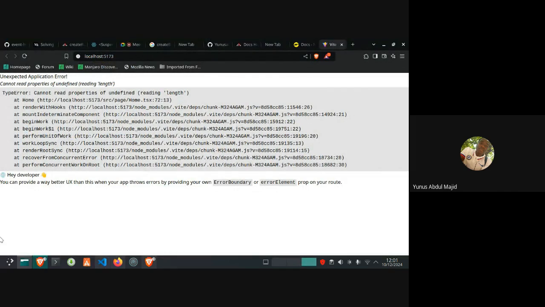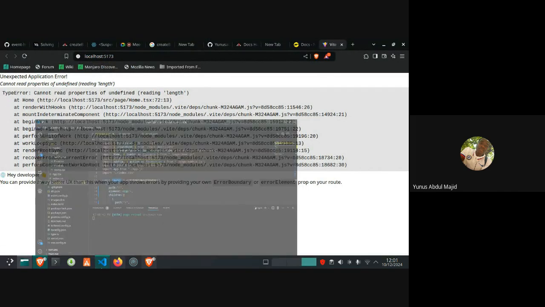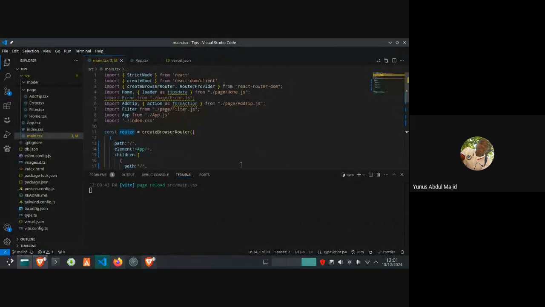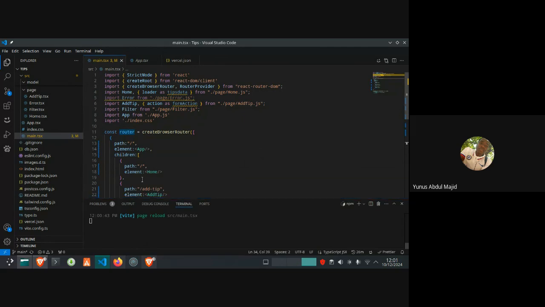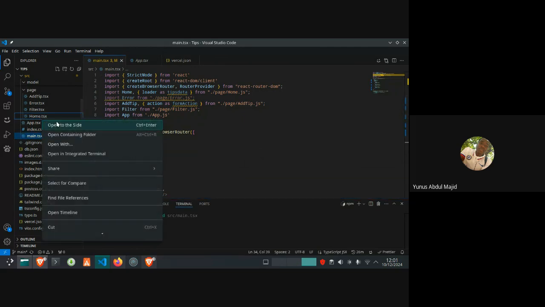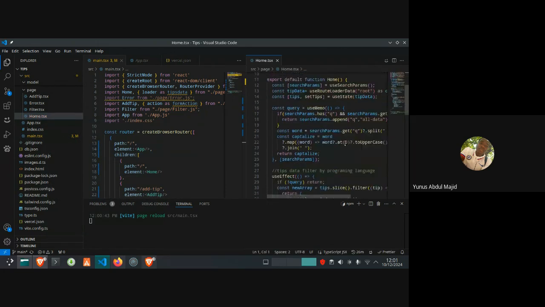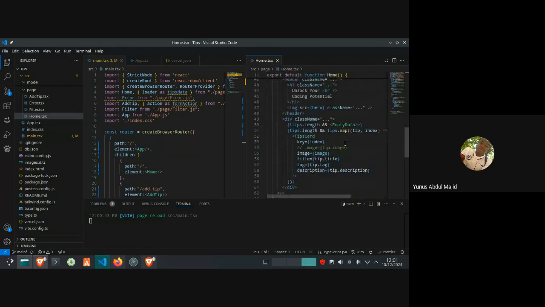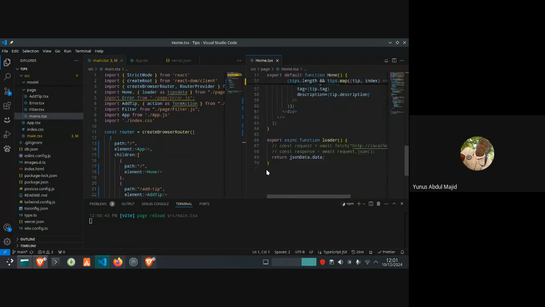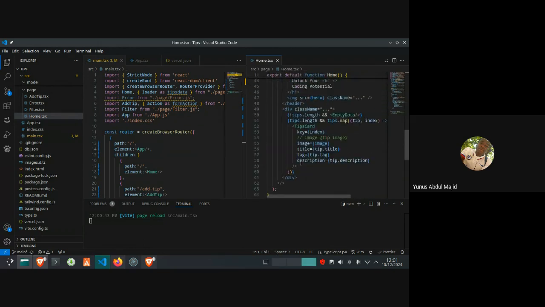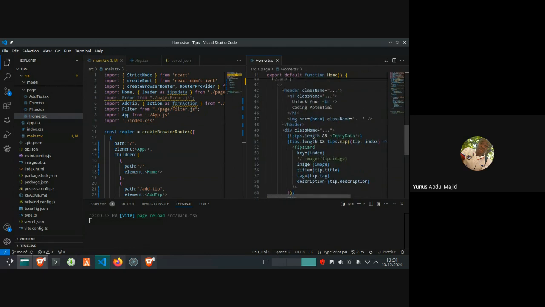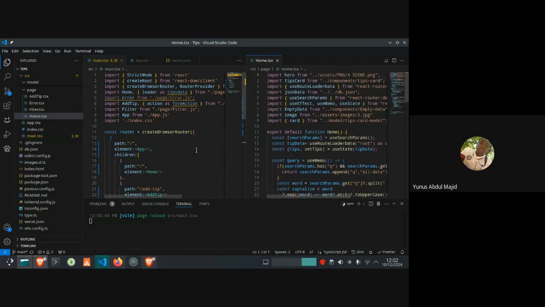Homepage line 72. Okay, I know what this error is. I mentioned that I create a database. I create this database and I make use of it here. So it's showing an error in line 72. What is in line 72? Line 72 says nothing. So let's just handle the error while we are here.